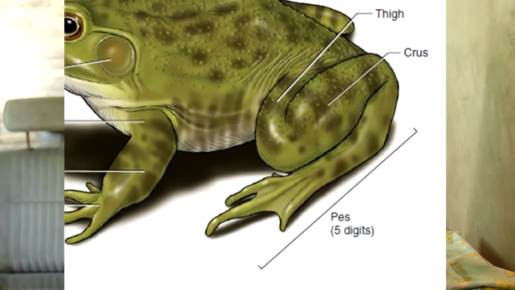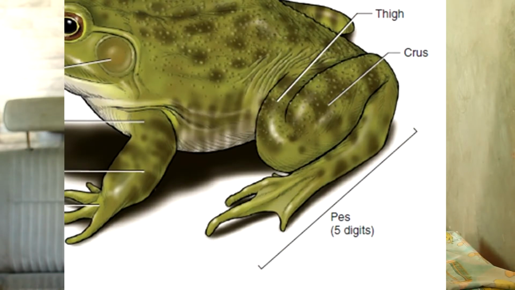Okay, let's go to the hind limbs. Hind limbs. Okay, so the hind limbs are composed of the thigh, which is the first segment attached to the body. Ang shank, or what we also know as crus, it is the segment immediately next to the thigh. Ang tarsus, which is the ankle, is the segment immediately next to the shank. So, bali, sumpay na to siya. And the pes